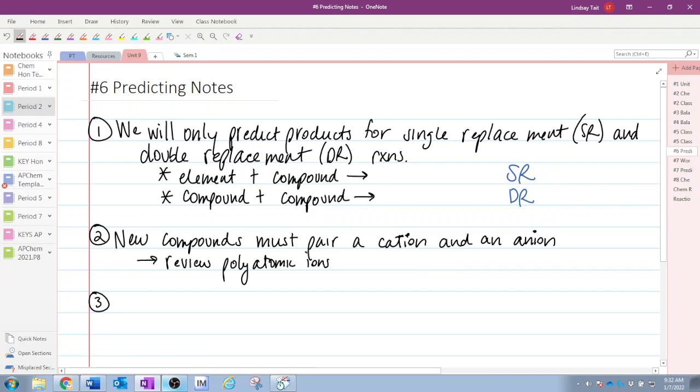If you have a nitrate as a reactant, you're going to have a nitrate as a product. If you have a carbonate as a reactant, you're going to have a carbonate as a product. And so sometimes when you're trying to figure out what to put together, you break apart your polyatomic ions into carbon and oxygen, and you do some weird things. So it's helpful if you can start to recognize the unit of the polyatomic ion. Those are the things that could be pairing up differently. Okay. All right, so